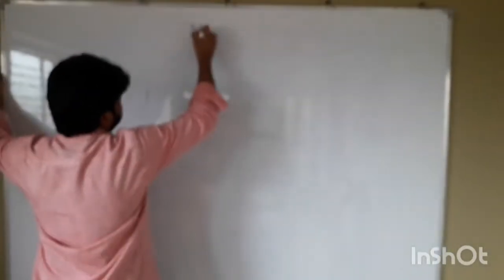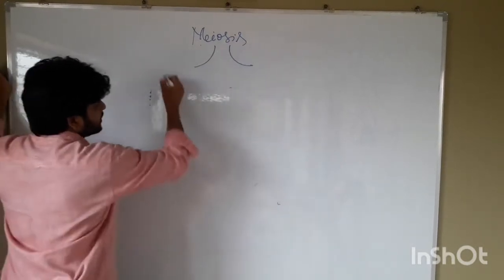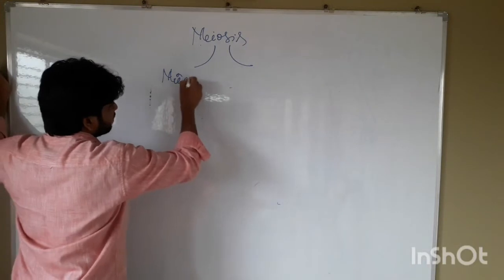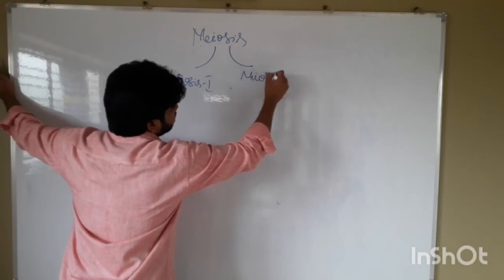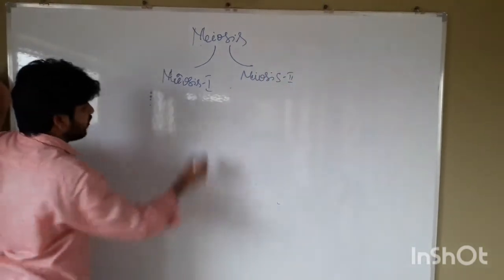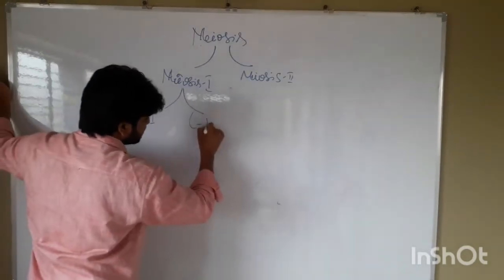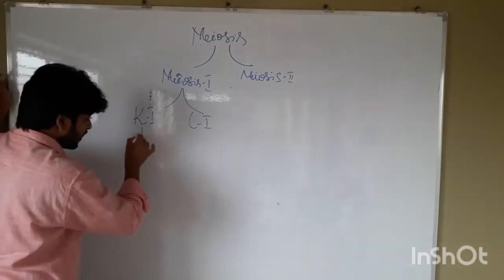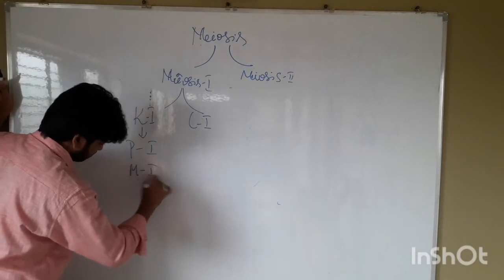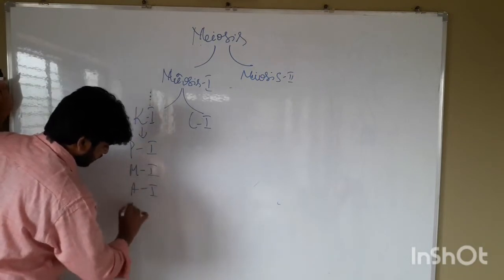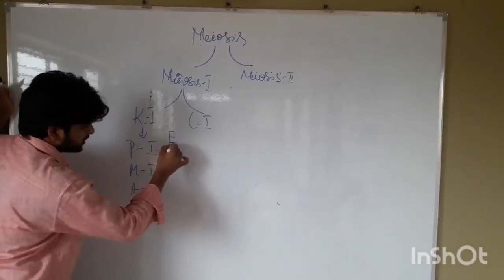Now we shall discuss in detail about meiosis. Meiosis is divided into two stages, meiosis 1 and meiosis 2. Meiosis 1 is again subdivided into karyokinesis 1 and cytokinesis 1. Karyokinesis 1 is again subdivided into prophase 1, metaphase 1, anaphase 1 and telophase 1. Prophase 1 is again subdivided into 5 substages: